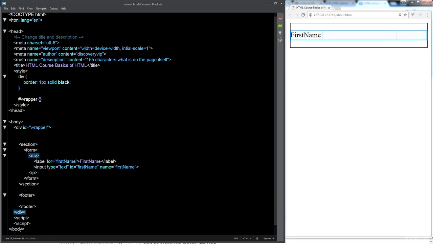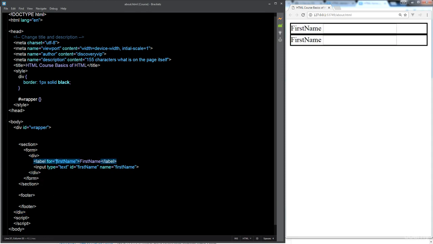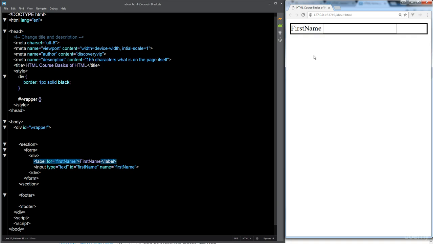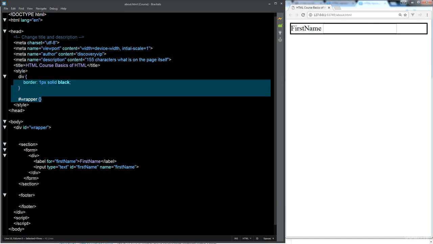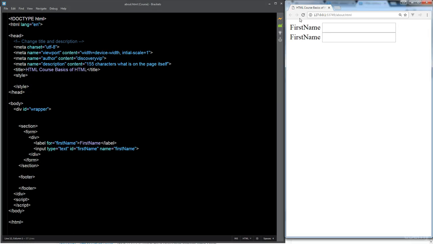Usually instead of paragraphs, I'll use divs, or we can use different formats as well. So I'm just using a div, and remember again we do have that styling here for the divs, so I am going to get rid of that just to indicate what we want our form to look like. So let's add in some additional